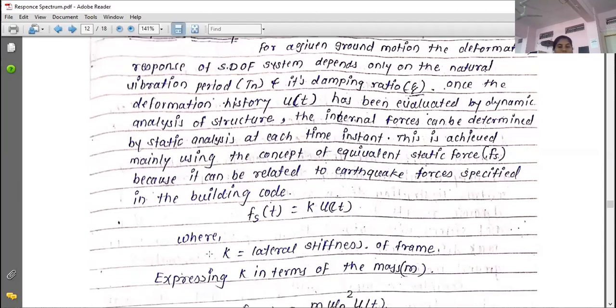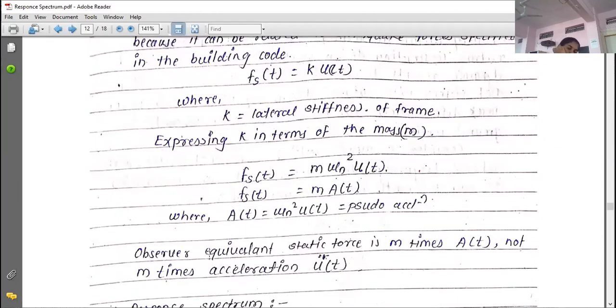So below this write down Fs of t is equal to k into u of t, where k is the lateral stiffness of the frame. Expressing k in terms of mass m,